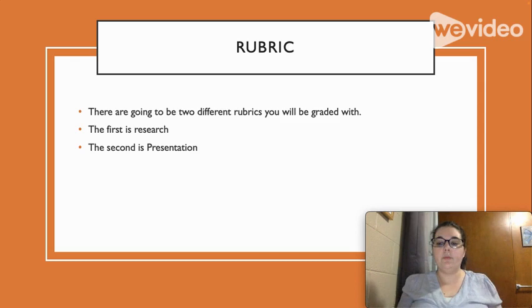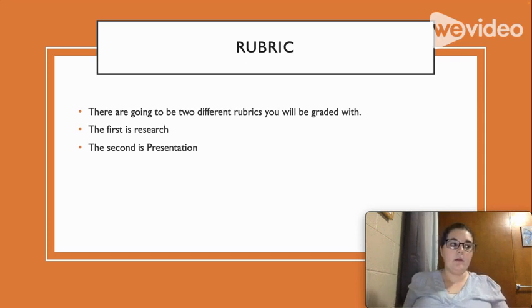Next, we're going to have 2 different rubrics this go around. So the first rubric is for research. You guys are going to send me your Word document. You're just going to submit it to me, and I'm going to use my rubric that I have for the notes. It's going to be based on organization, the amount of information, the quality of the information, the internet use, like making sure that you know which site it comes from, that type of thing.